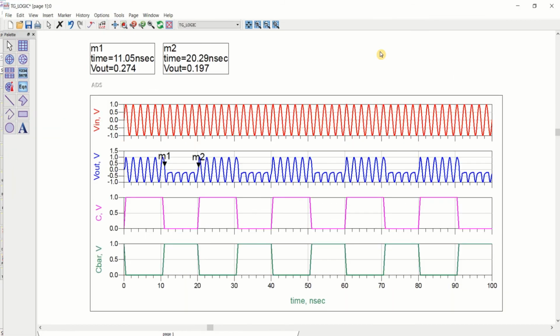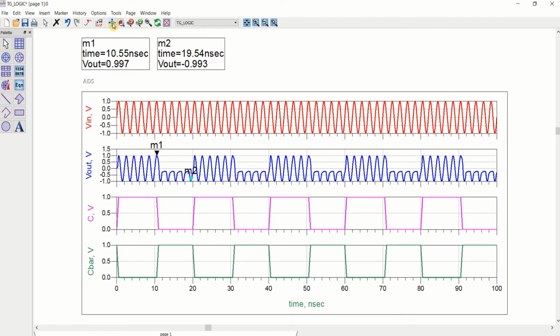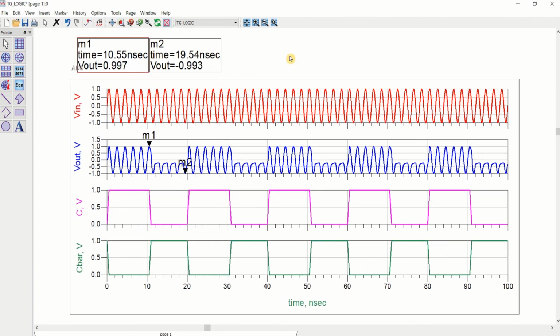So you can see the results, what is happening. From this point to this point, your output is in a high impedance state. So you can see this.